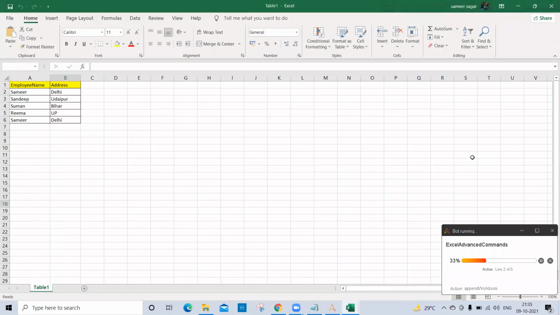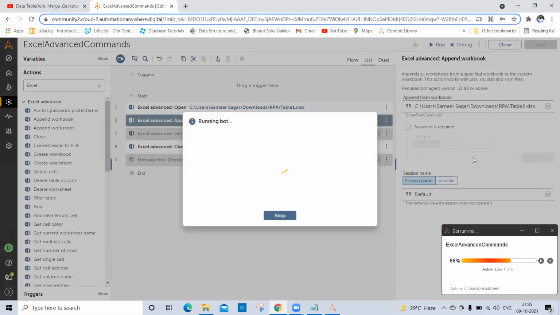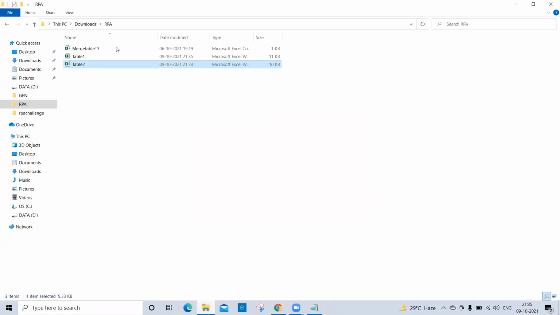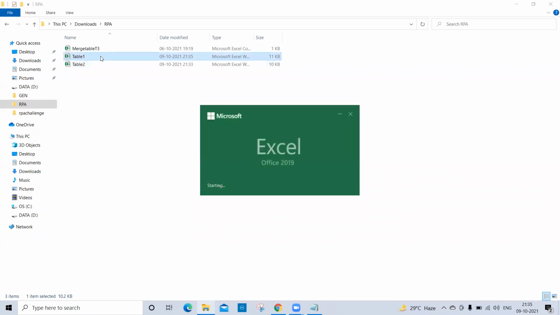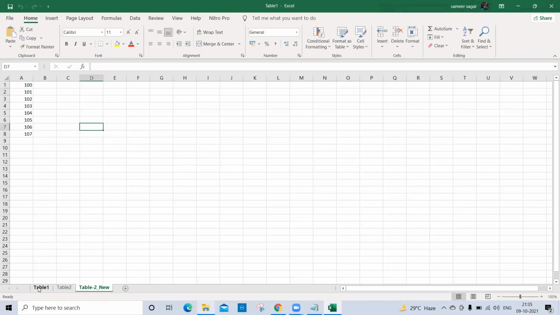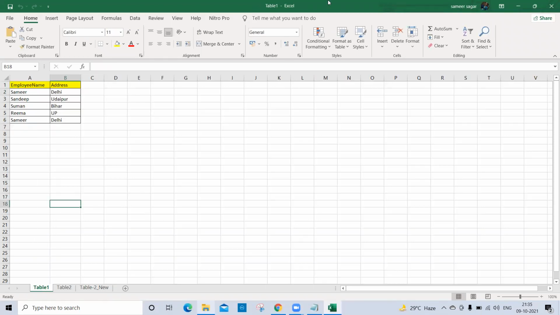So first it opens table 1, now table 2 opens, and it appended. Let's see the result by opening that Excel file. In table 2 there were two sheets, right? Table 2 and table 2 new. Now you can see it appended both sheets from that Excel file to this Excel file.